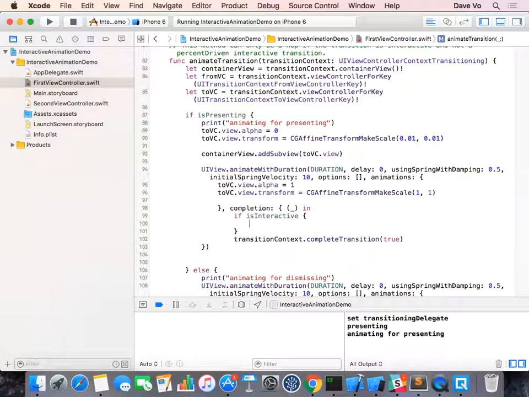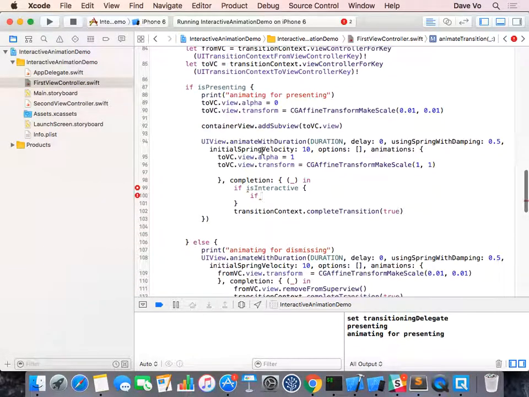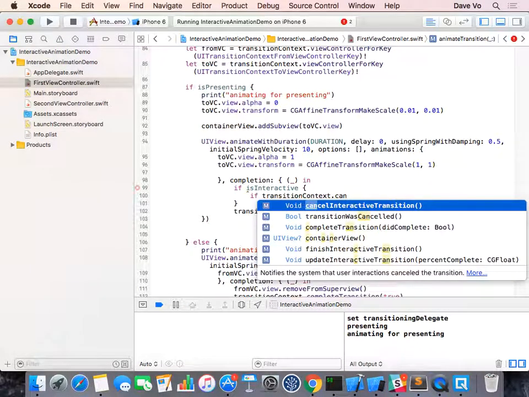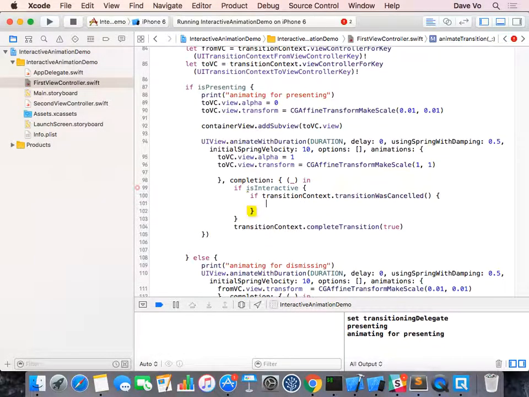If this one is the interactive transitioning, then you will check the transitionContext dot transitionWasCancelled, something like this one. Yeah, if it was cancelled, then you update this one to be false. Okay, else